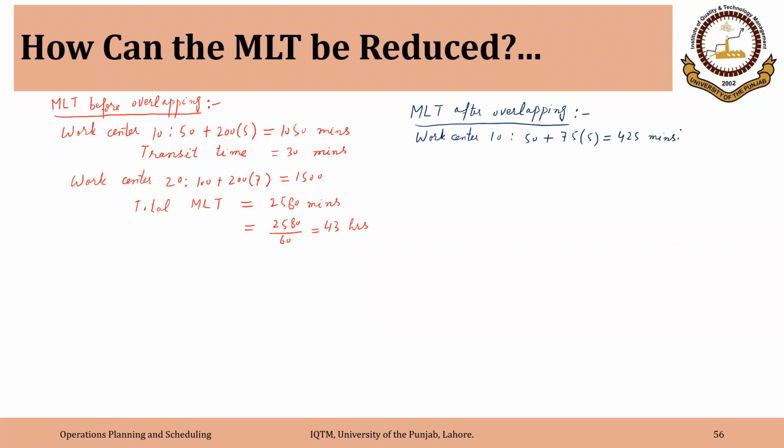Now it is important to visualize that once these 75 pieces have been processed on work center 10, they will be moved to work center 20. So we are having a transit time of 30 minutes and now for work center 20, the setup time of 100